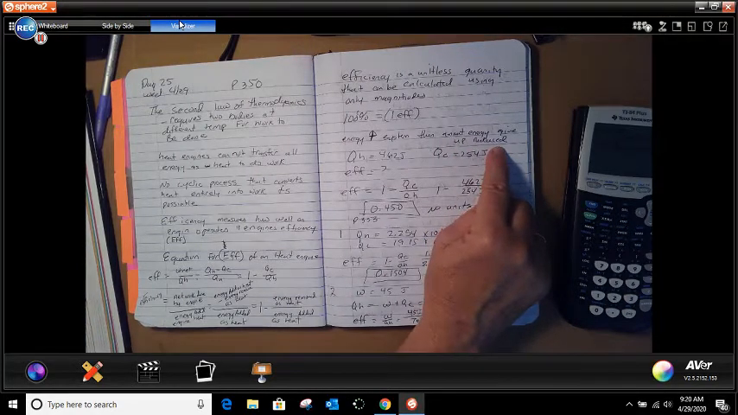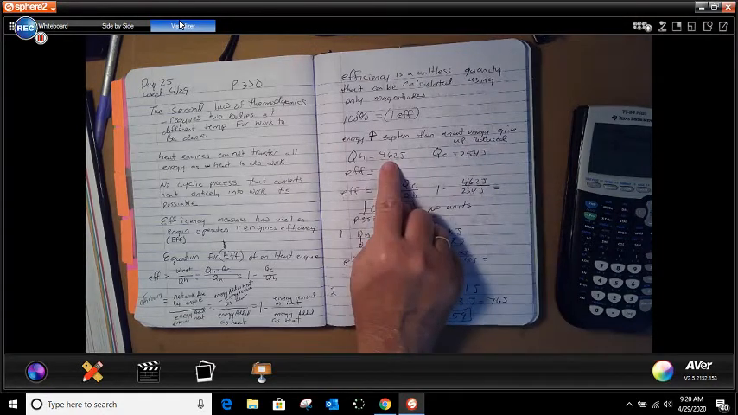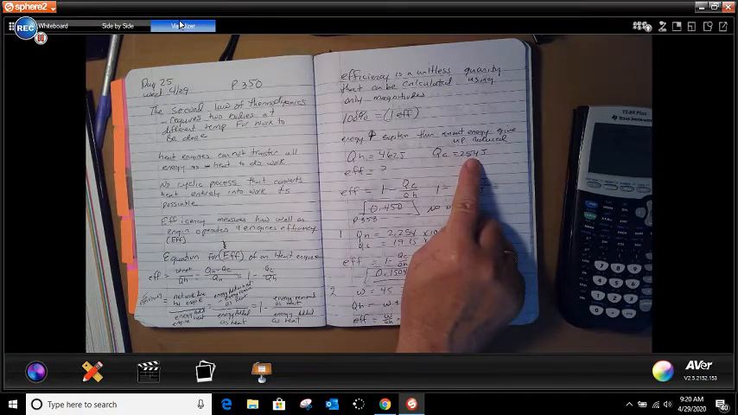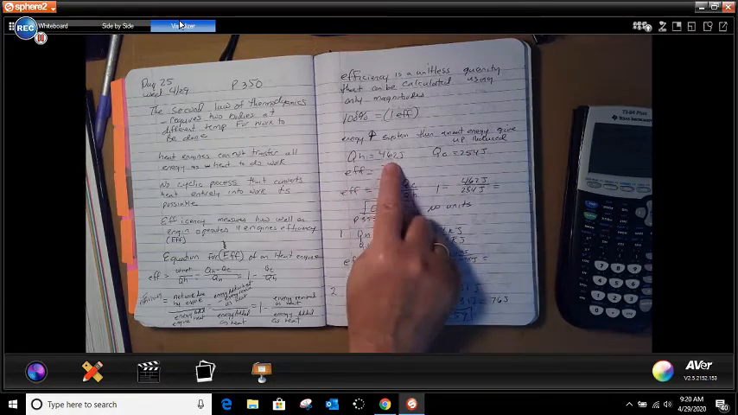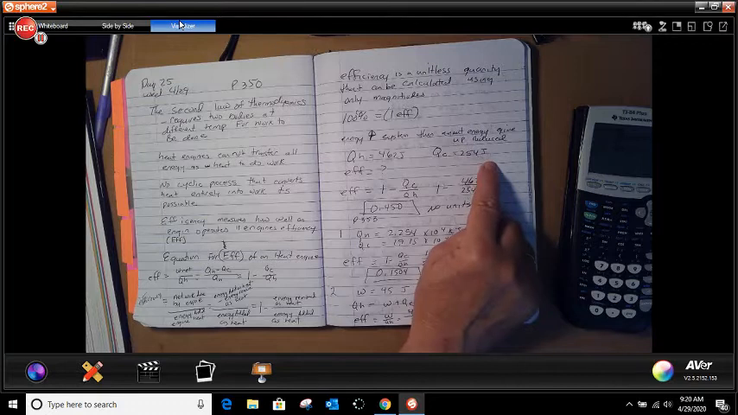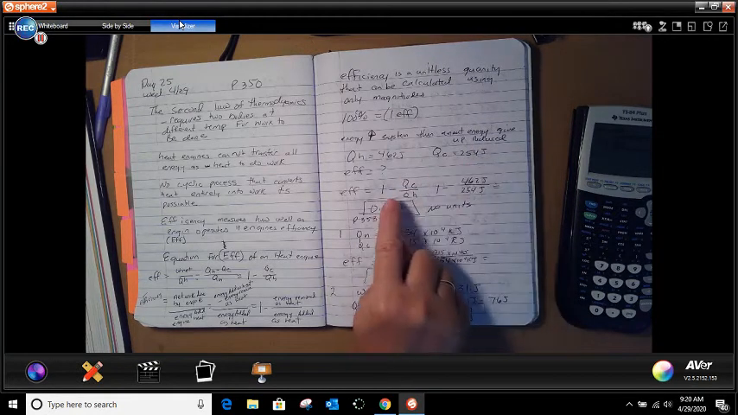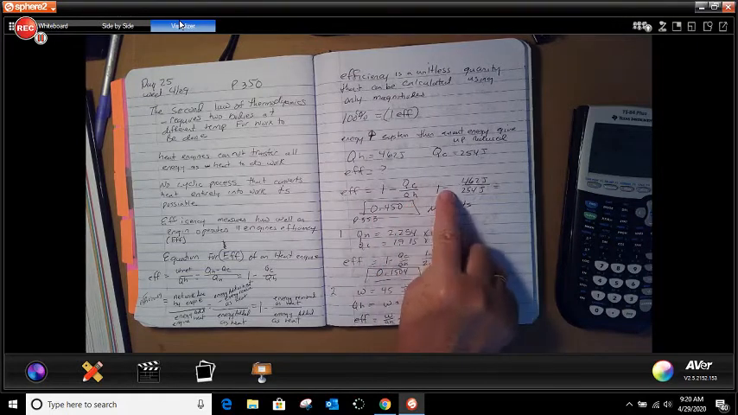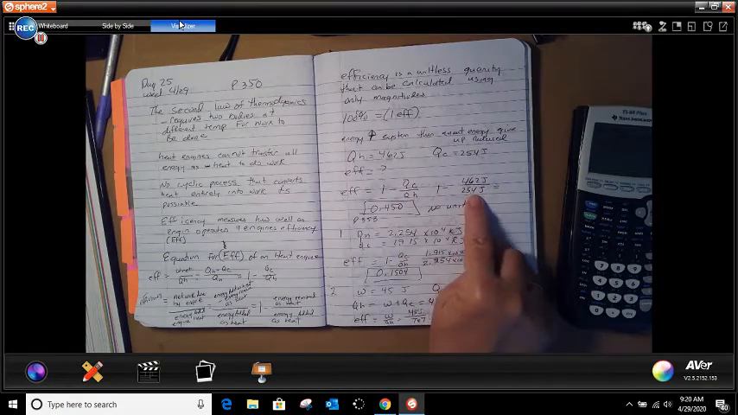So the first problem says, find the efficiency of a diesel engine that in one cycle receives 462 joules of heat added to the system from the energy of combustion, and loses 254 joules, which is how much we're losing as heat to the exhaust. So we have our 462 and 254, and for efficiency we are just going to do 1 subtract QC over QH, which would be 254 over 462, which would give us